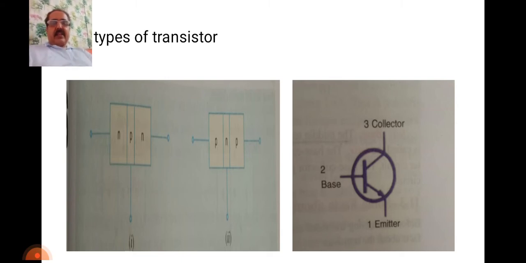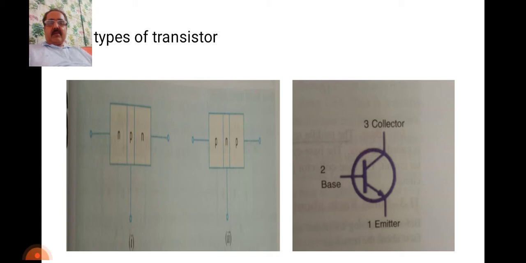An NPN transistor is composed of two N-type semiconductors separated by a thin section of P-type, as shown in this figure. However, a PNP transistor is formed by two P sections separated by a thin section of N-type. It can be observed in figure 2 here. For each type of transistor, the following points we should always keep in mind.